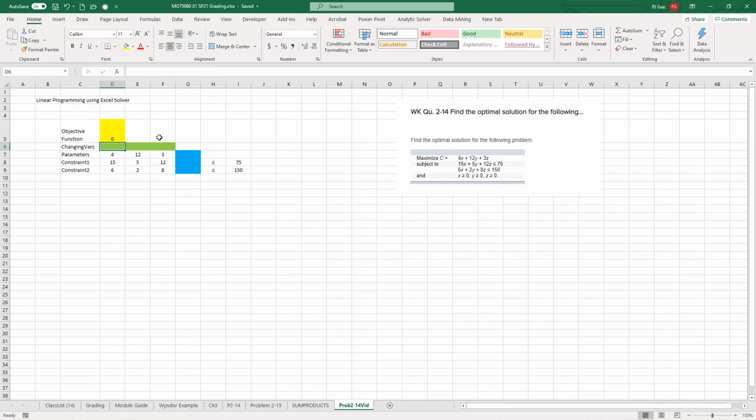Once you name a range or a cell in your equation, you have to touch it again, and then it will understand. So here, if you look at it, it does the sum of the products of the changing variables, which there are 3 of, against the